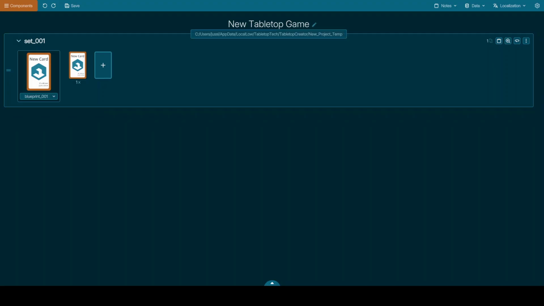We have our game name here. Let's say it's the dice game. And what's called layouts in Dijkstra's is called blueprints in Tabletop Creator.